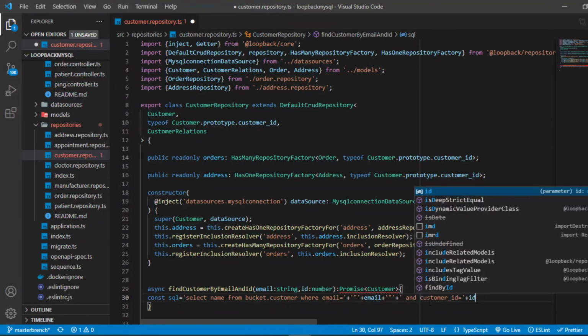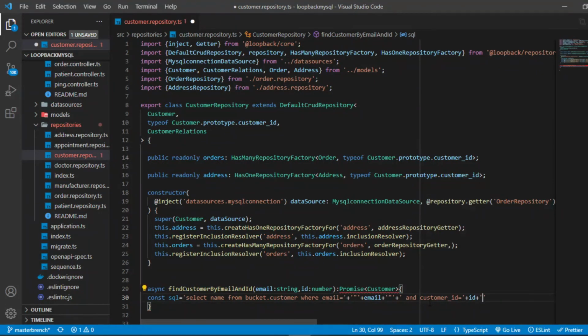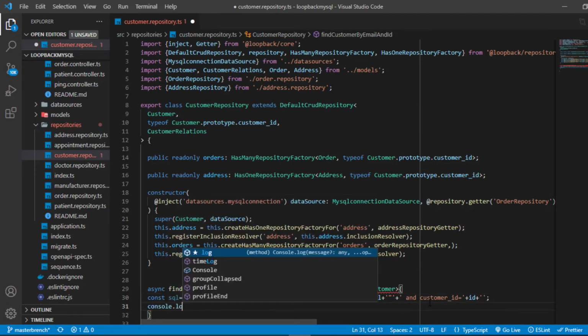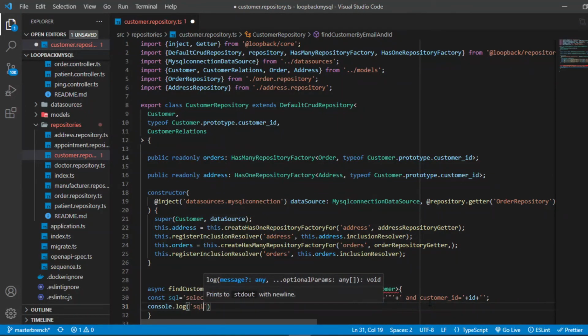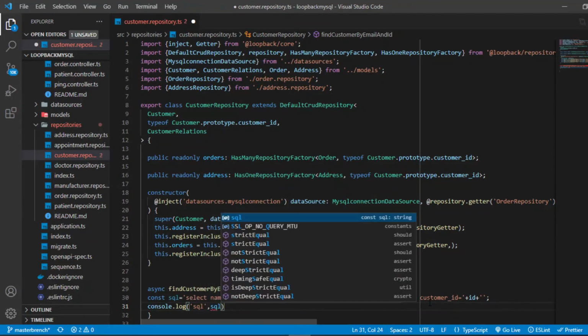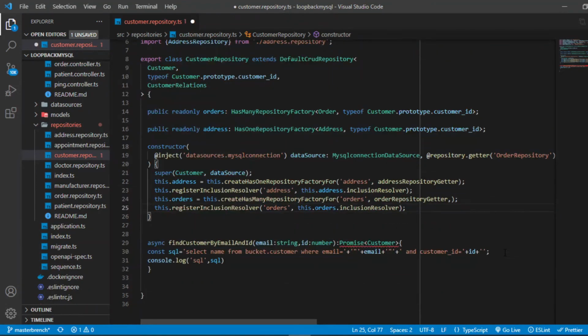Customer ID, this. And here we will first console the query SQL, and then if everything goes right, then we can simply